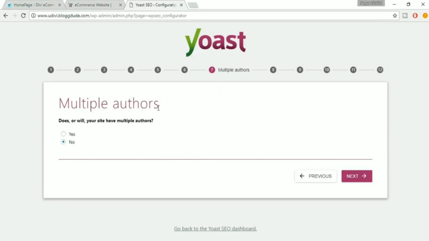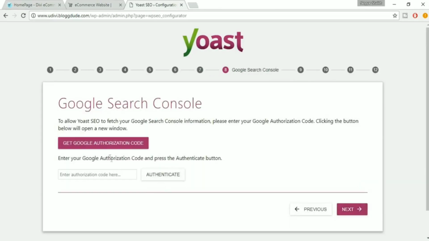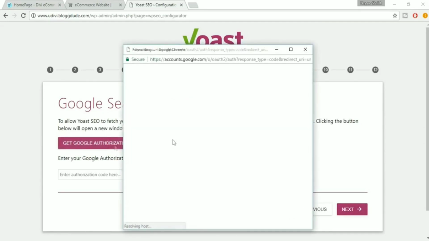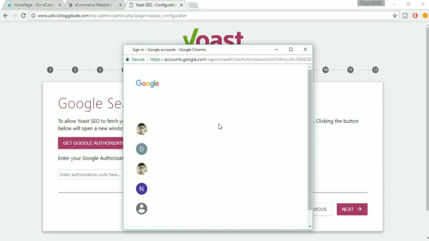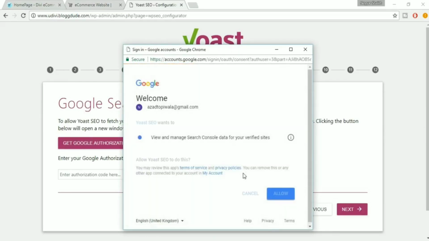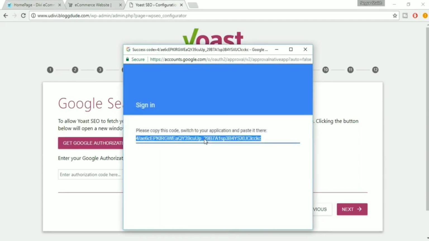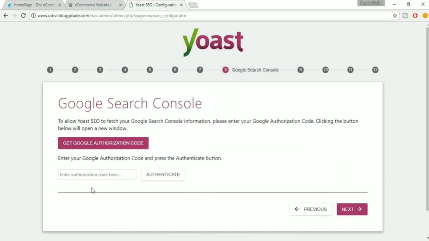Okay, so it asks whether it has multiple authors. Does or will your site have multiple authors? If you think in the future you will have more authors, then select yes. If no, then no. Then click on next. Okay, now you have to get the Google authentication code, so just click on this. Okay, select your account, click on allow. Just copy this code, paste it over here. Now click on next,